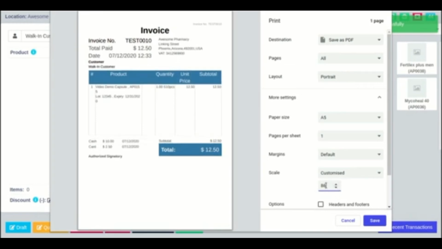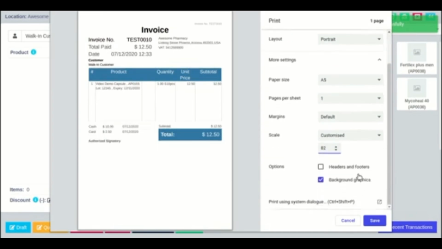Okay, so in A6 it is looking perfectly fine. And in the options, you can disable header and footer. If you are enabling header and footer, then it will show this header and footer over here, the URL of the website and date and all these different things. So let me just disable header and footers from here.